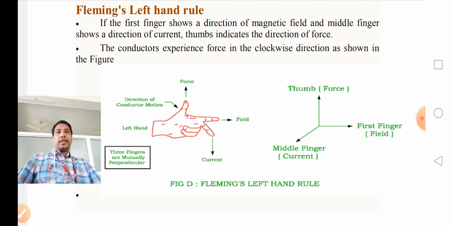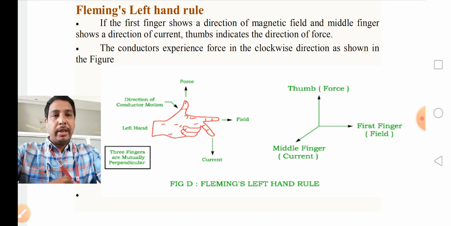In the case of the motor, in the spelling MOTOR there is only one R. So in the left hand rule, LHR, there is only one R. So I can go for the left hand rule, which is used for the motor case. And RHR has two R's, as in the generator spelling, so I go for the right hand rule for the generator case, and LHR for the motor case. In this way we can simply remember which rule is used for which type of machine. So that is Fleming's left hand rule.